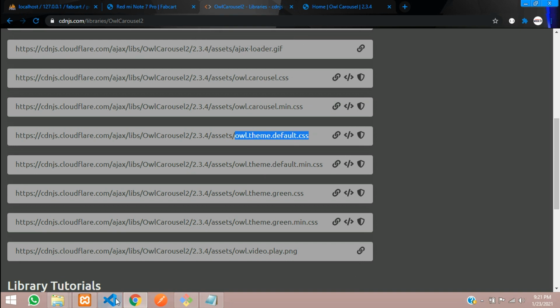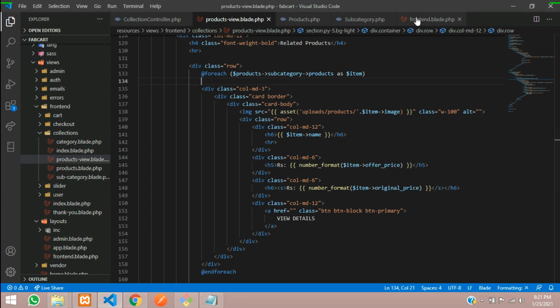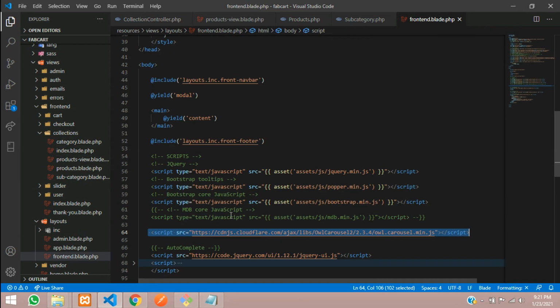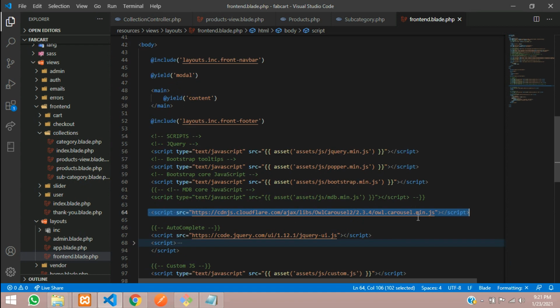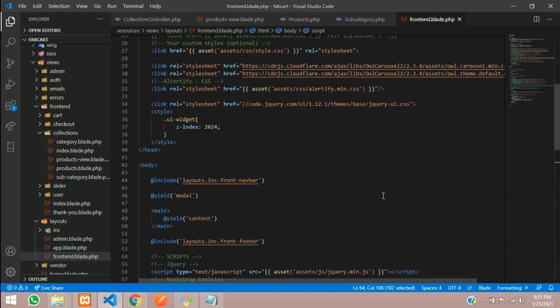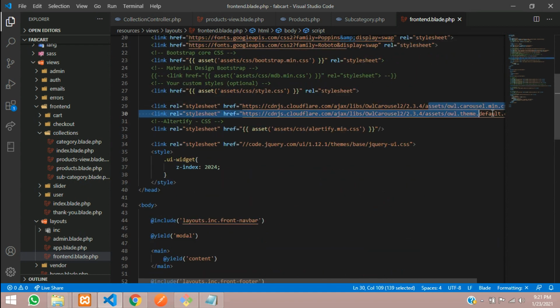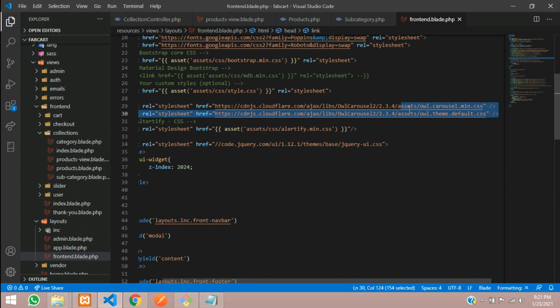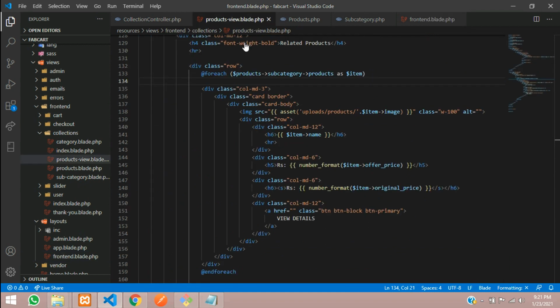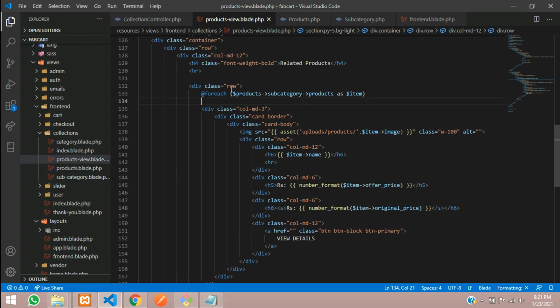From here you can just copy and paste into your layout folder, which is frontend.php, where I have included the owl carousel and the CSS links over here, as you can see. Done. And after this we will call that over here again into your products. So let me just paste that. So instead of row, let me give owl carousel owl-theme.